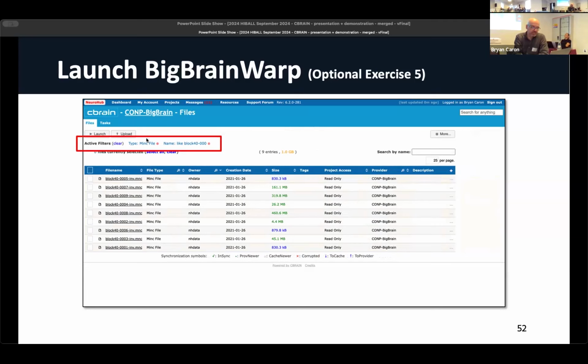Okay. Then you're going to do the file type filter, so selecting only the Ming files from the magnifying glass. And then in the search by name box, type in the block 40-000. It just gets you a subset of the files. I'm just picking an arbitrary set that will give a reasonable number to display on the screen. But in this case, for any data set that you're working with, if there are many files, you don't then have to repeat.